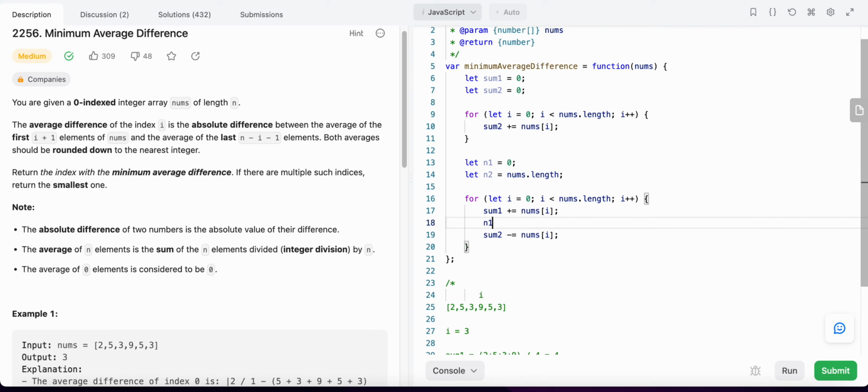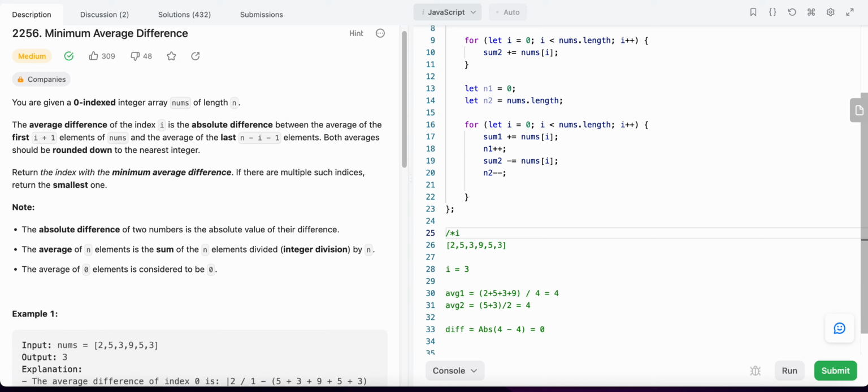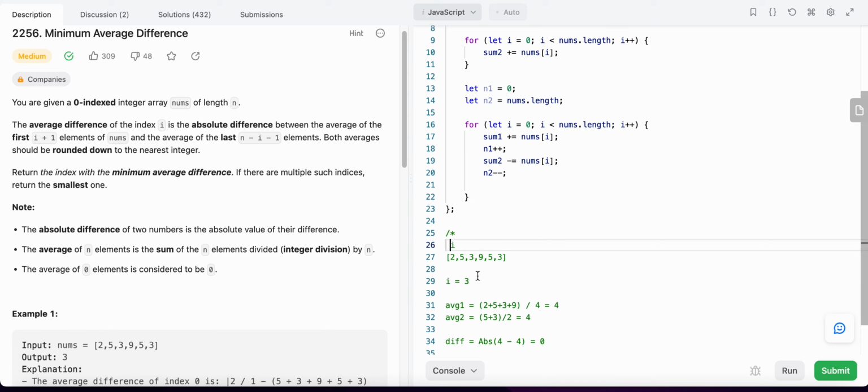So my n1, the number of elements in sum1, increases and the number of elements in sum2 decreases. So my sum1 is this one element and my sum2 is all these elements. So that is what I am doing for index i = 0. So the average difference at index i = 0 will be